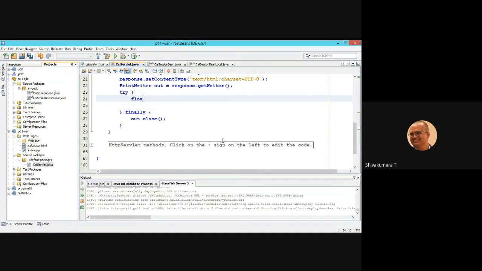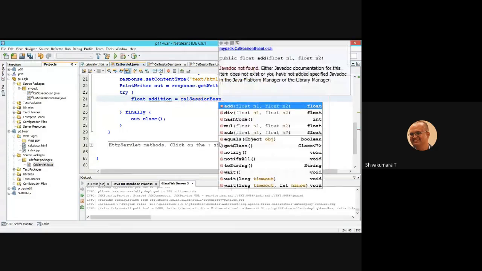So float addition equal to interface instance dot. Whichever methods you defined for the bean, they pop up.